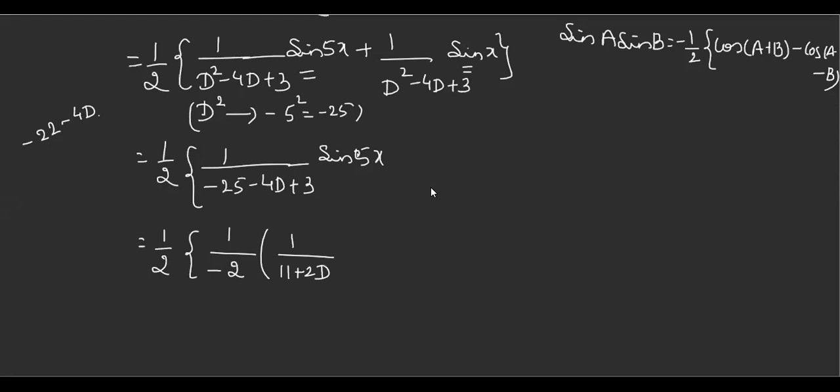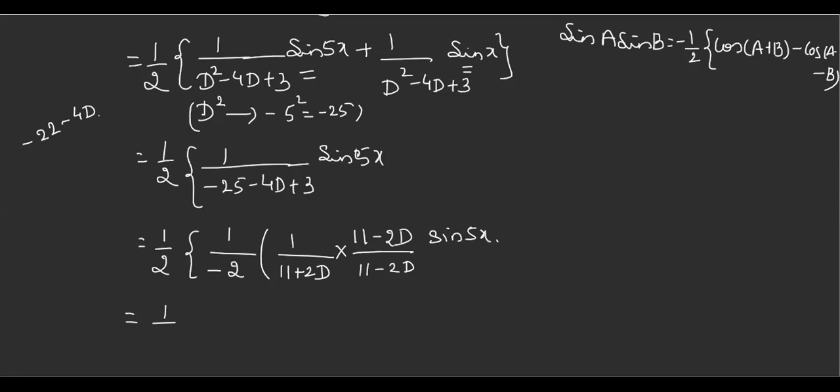Now, you know that this is the first case. And whenever you get such a linear term, what is the procedure? Multiply and divide by the conjugate. What is the conjugate of 11 plus 2D? 11 minus 2D. See, what is the advantage? If you have not taken it common, this term is minus 22 minus 4D, then you should take minus 22 plus 4D, multiply and divide by that. So it becomes very big. So avoid it by taking common. Okay, let us operate it on sine 5x.